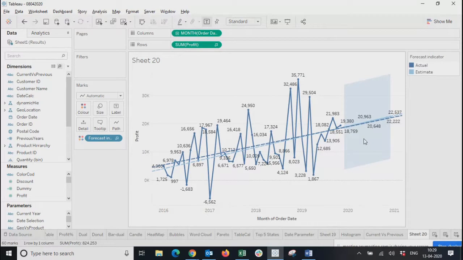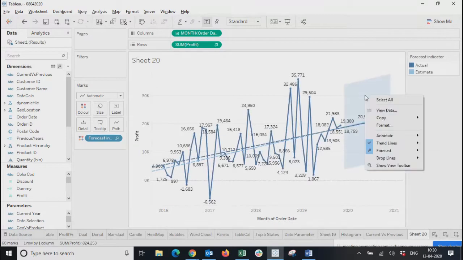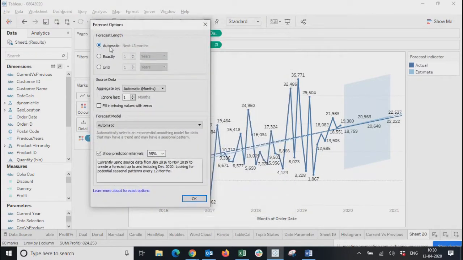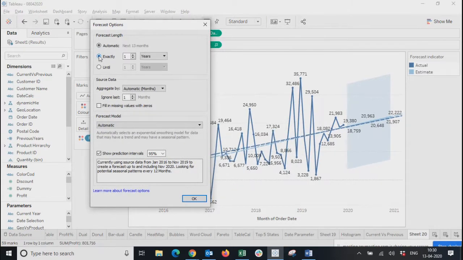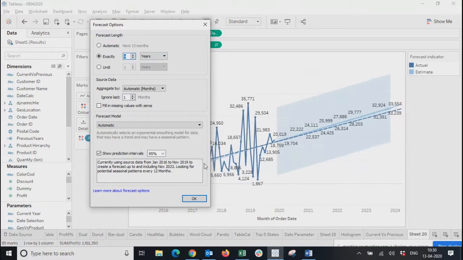How you can edit this forecasting if it is required, you can change some of the components. For example, in forecasting options, over here it says automatic, for the next 13 months it is predicting. You can say exactly 1 year, 2 years, whichever you want. As soon as I change the years, based on the historical trend, it will keep on adding data for